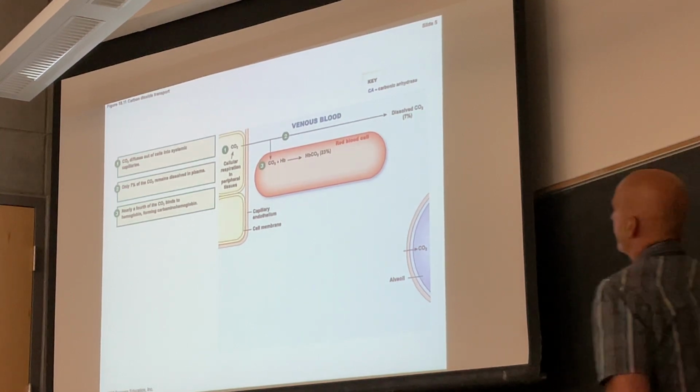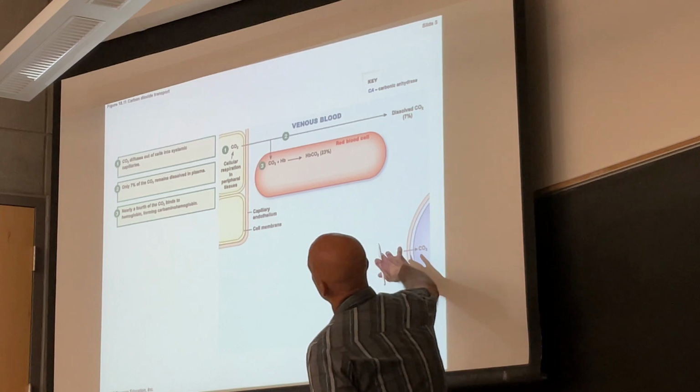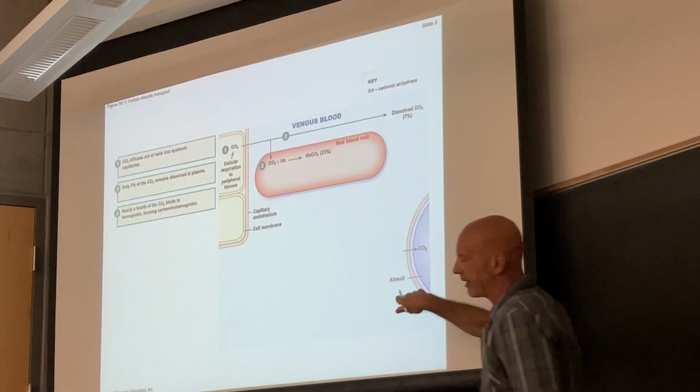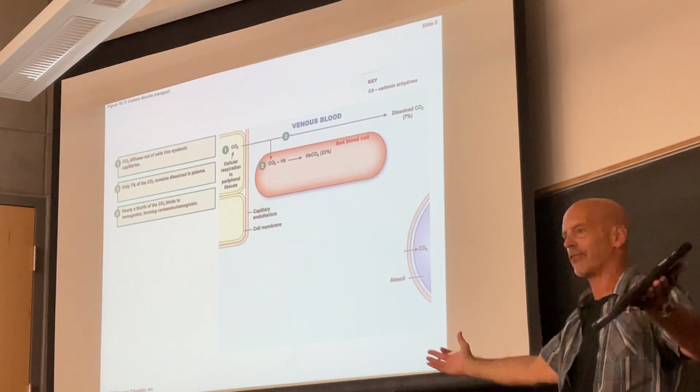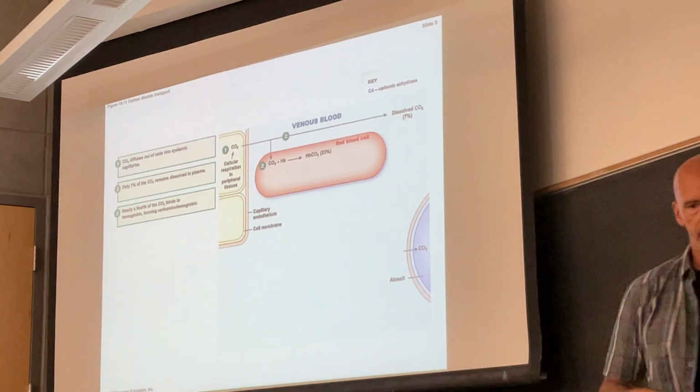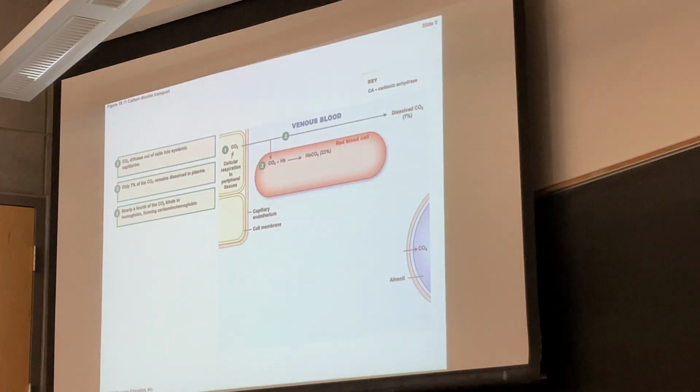About a fourth of it, when it enters the red blood cell over here, is going to be going into hemoglobin. Remember, we just dropped off a lot of oxygen. We have some room. Now the carbon dioxide can actually bind to hemoglobin in those empty spaces and hitch a ride back as this hemoglobin carbon dioxide molecule, right? That's about a quarter of it. You don't have to know the name of that. It's just bound to